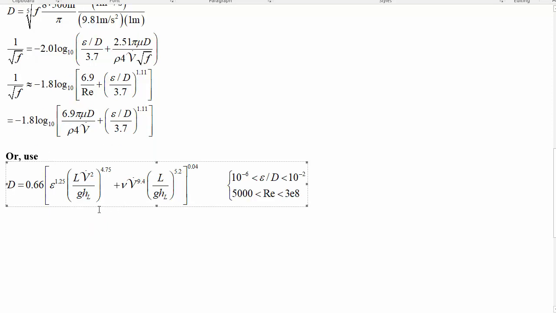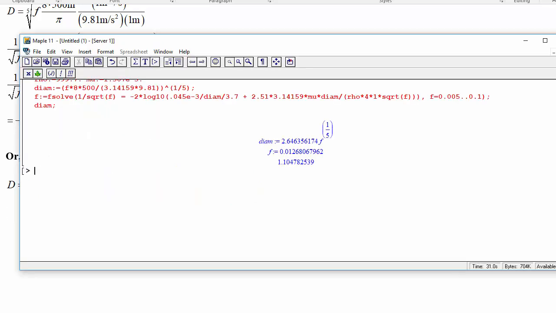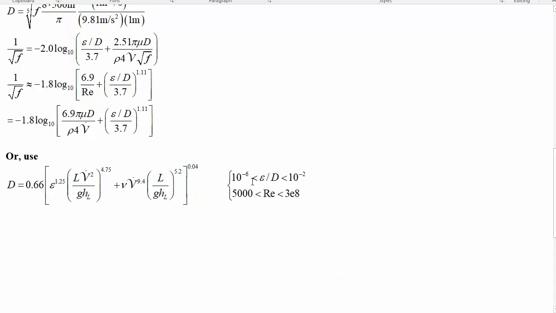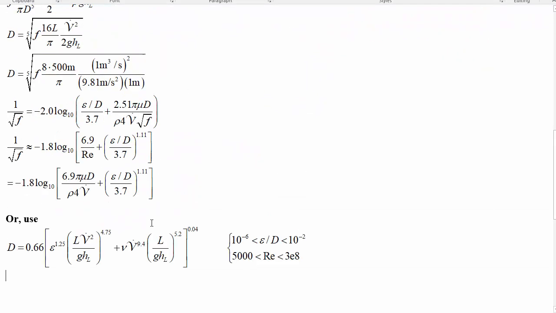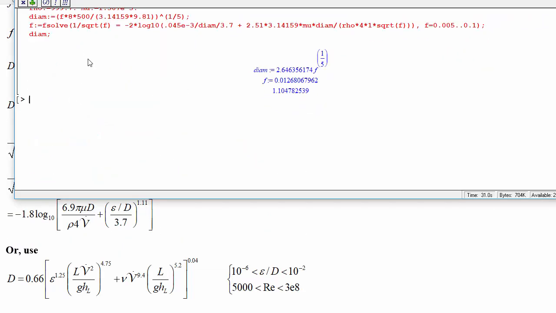which is awesome because it lets you just substitute in everything directly and then tells you what the diameter will be. So this is only valid for certain ranges of Reynolds number and relative roughness. So we can check at the end whether or not it was going to work. Okay, so with this equation,